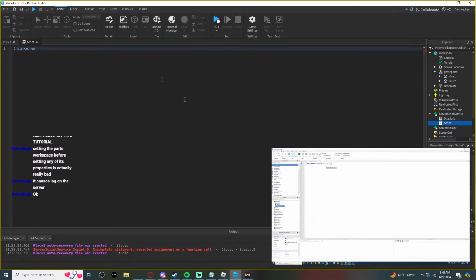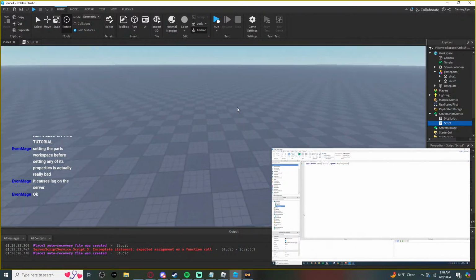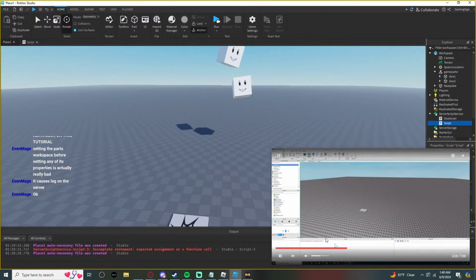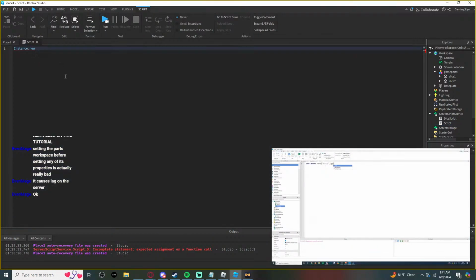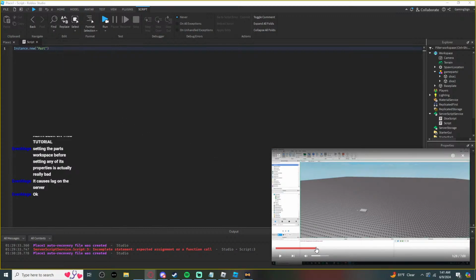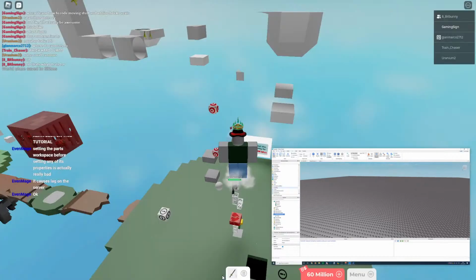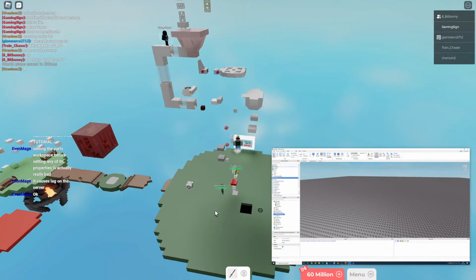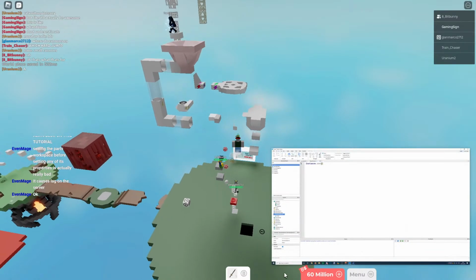Okay, so if I want to put it in workspace, I can just say comma game.workspace, and if we run the game, this is going to insert the part. So we're going to insert a part. If we go to P, there it is. In fact, no, let's just search for it. Part, that's what we're going to insert. So you can insert any